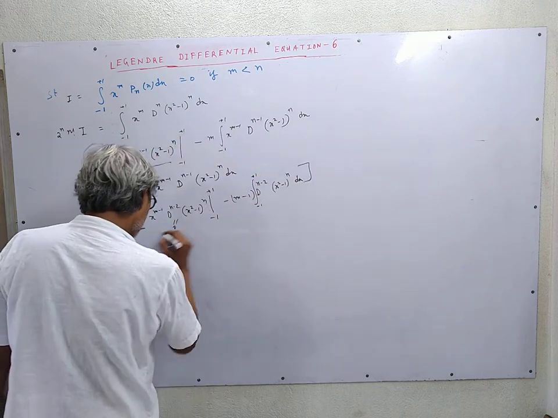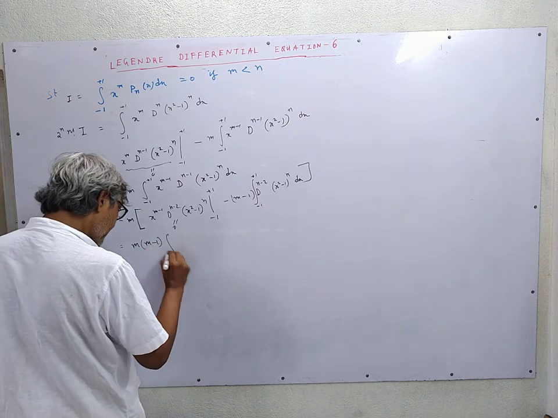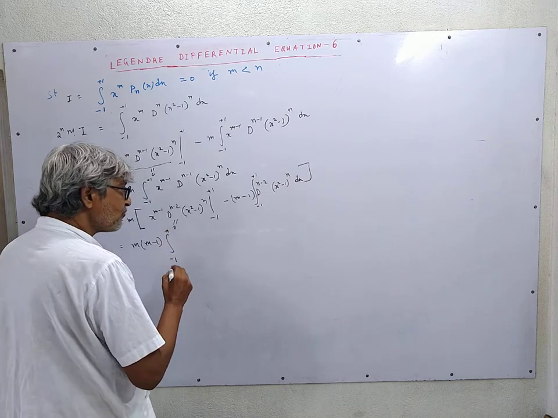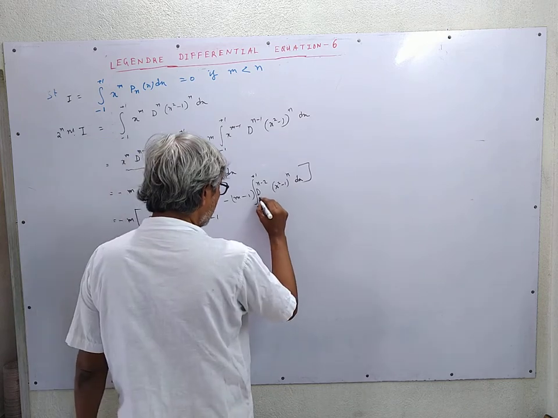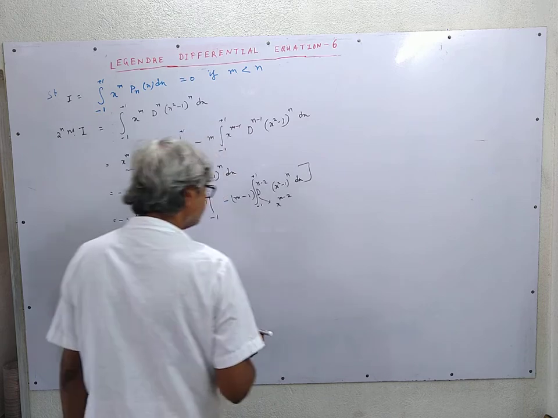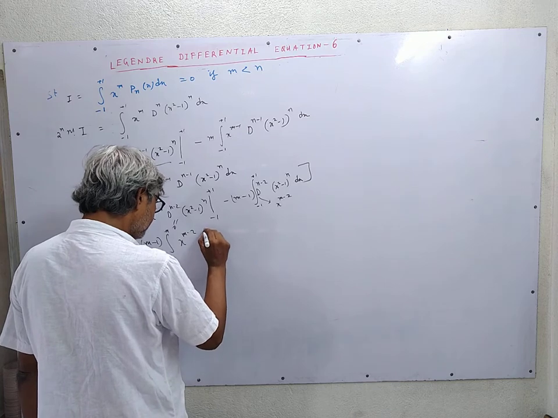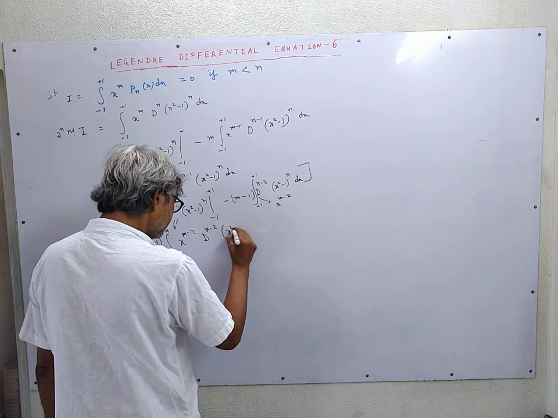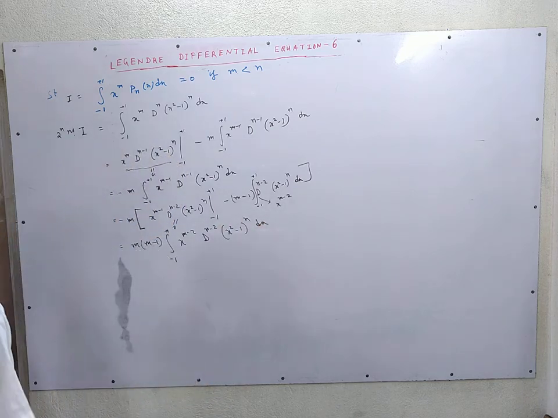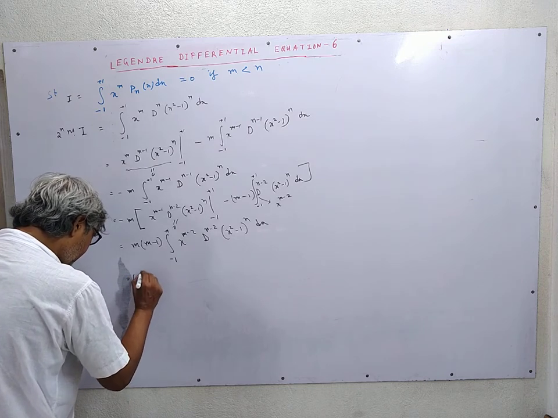This part is 0, so the result is m into m minus 1 times the integral from -1 to +1. I have missed the factor x to the power m minus 2. Yes, and this process can be continued, k times, so we get